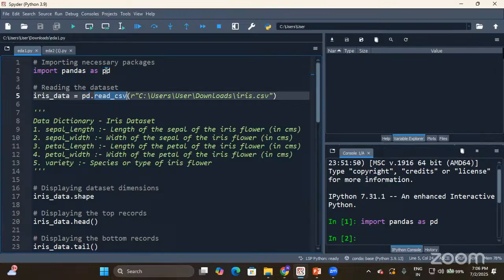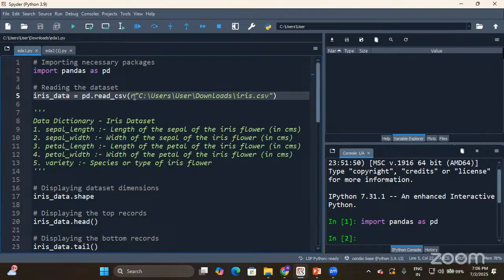But did I import only read_csv? No, I have imported the entire pandas package. read_csv is present inside it, so it should be represented in hierarchy. The dot represents hierarchy. What is pd? Pandas. Pandas is no more pandas; pandas is pd. So pd.read_csv.